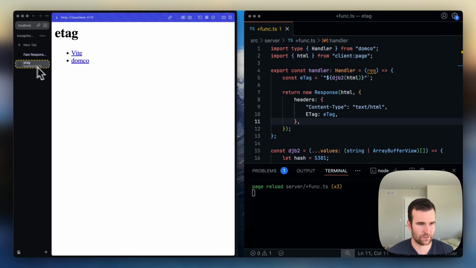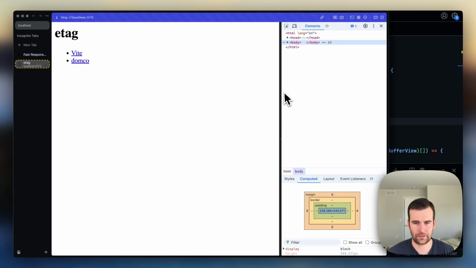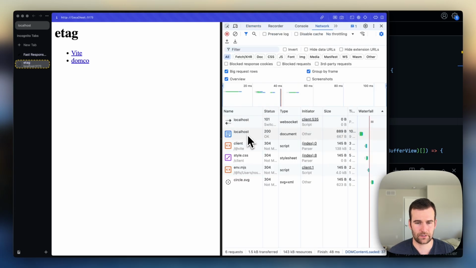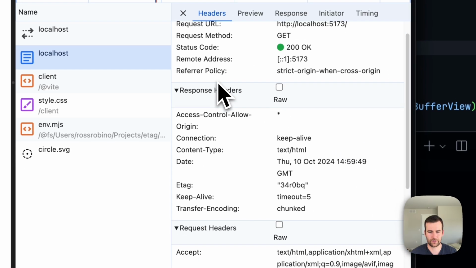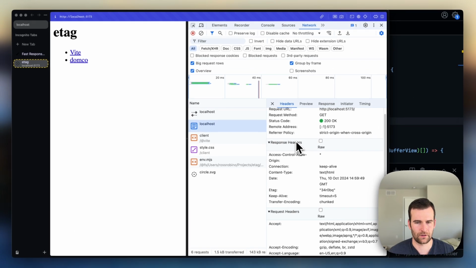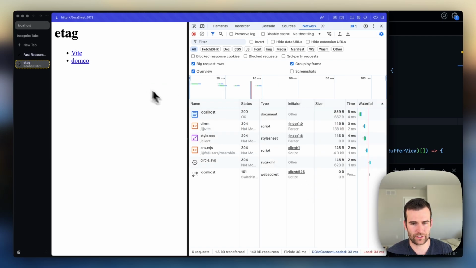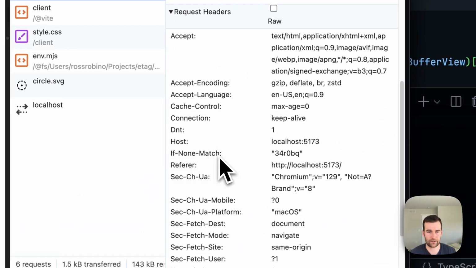And now we'll take a look at this in our development tools. And we can find our ETag. If we look at the HTML response, this is what we're sending. And you can see in our response headers, we're getting that ETag here. Another thing to notice is when the browser sees that an ETag has been sent, whenever we refresh that page again, it will automatically send this If-None-Match header back to our server in a request header